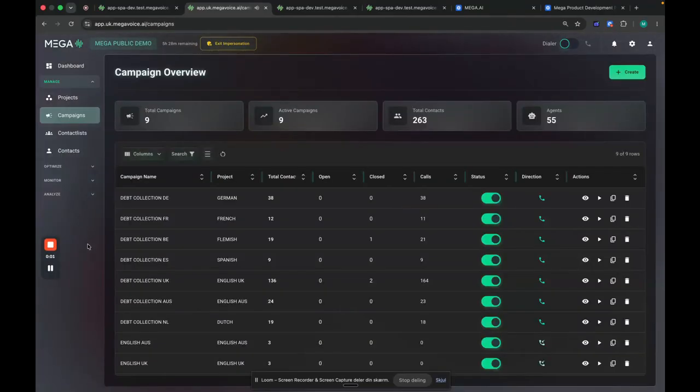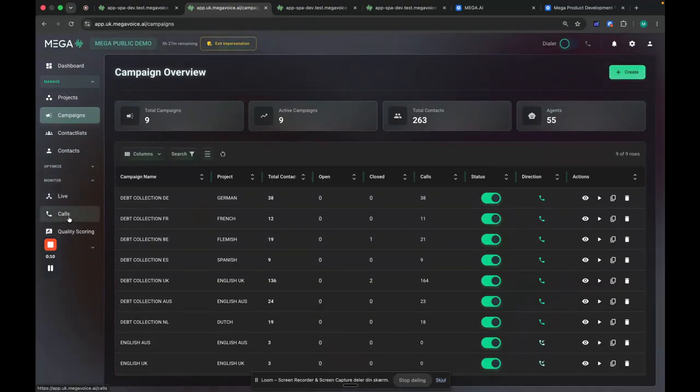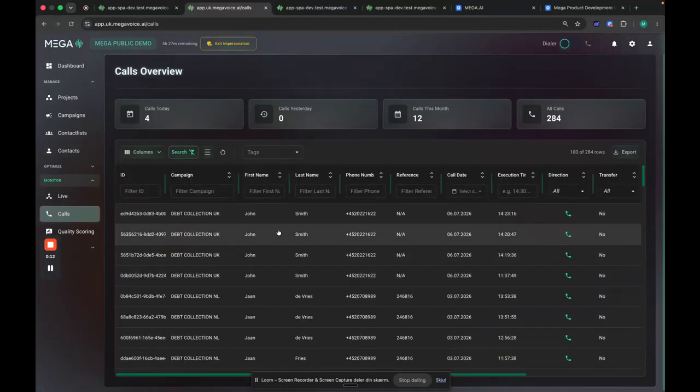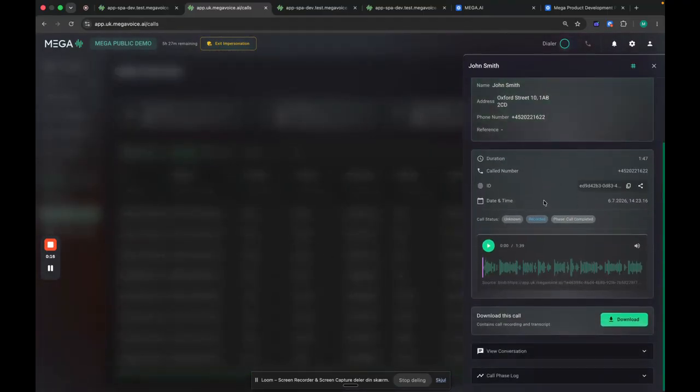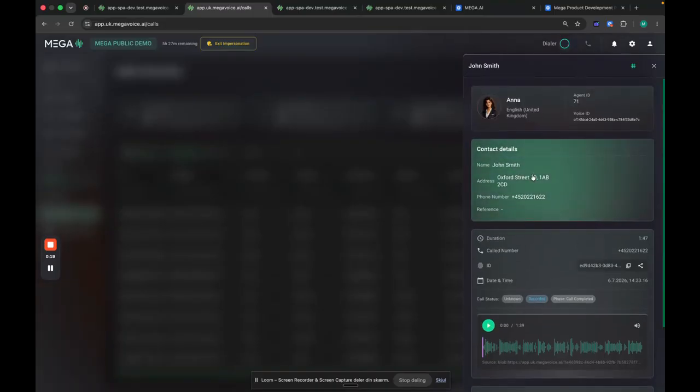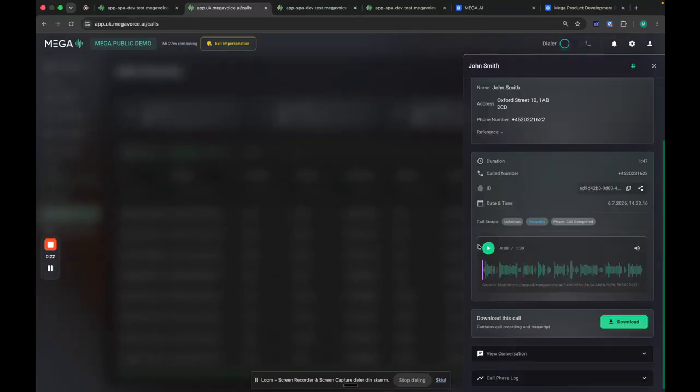The next step in the process could be to monitor how it's going with the agents running your calls. So if you go to monitors and select calls, you get a list of all the calls made. And this one, for instance, is the one I just had. We can see the details of the contact we called with. We can listen to a recording,